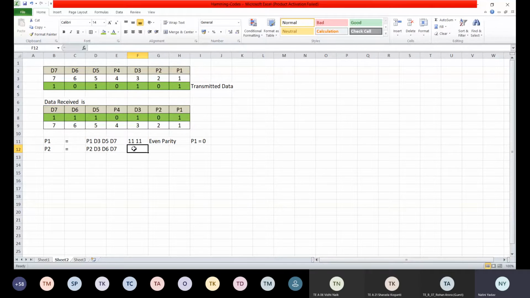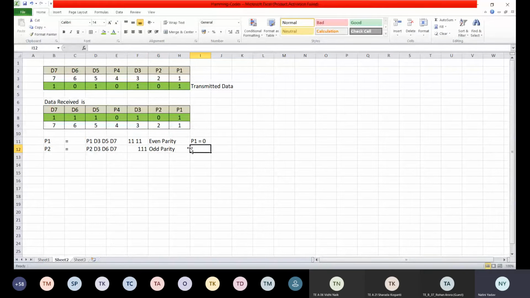Now tell me, the value of P2 is 0, d3 is 1, d6 is 1, and d7 is 1. So this is not an even parity, it's an odd parity, correct?